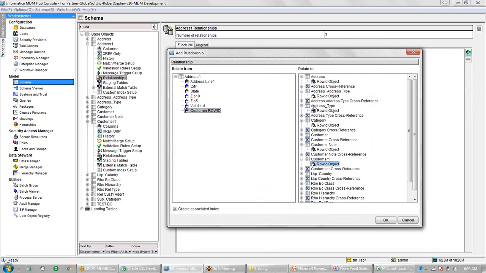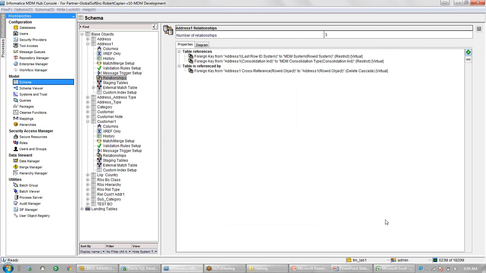If we make any column specifically unique, then that column also will come up here. But as of now, by default, only the row ID object column is unique, so that is why it is visible. So I will select both of them and click on OK. This will create the relationship between both the columns.